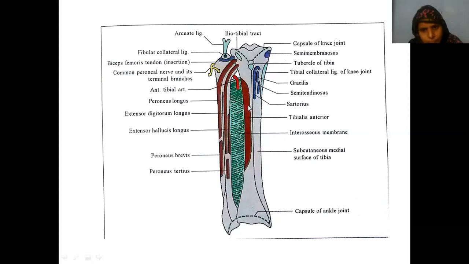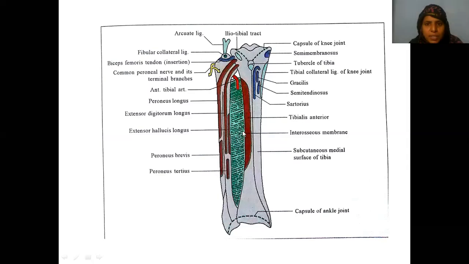Okay, then this is our anterior border, no beta? What is this surface we have? Lateral surface. From the lateral surface, what is the muscle which is coming? Tibialis anterior. What is the membrane which is connecting tibia and fibula called? Interosseous membrane. Very good. So tibialis anterior takes its origin from the anterolateral surface and also the corresponding interosseous membrane.